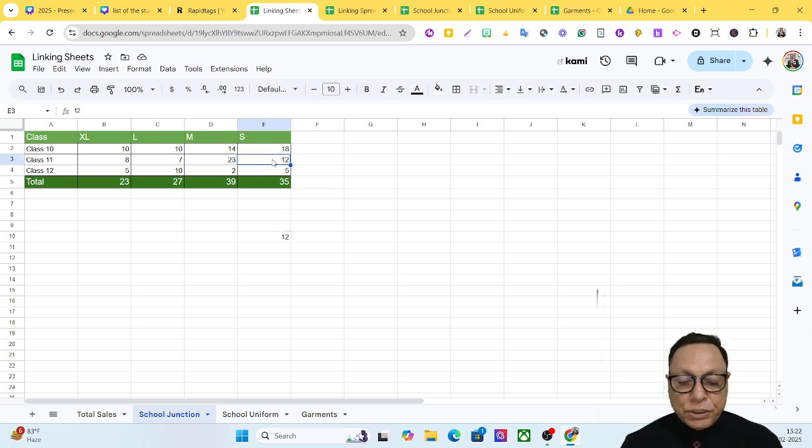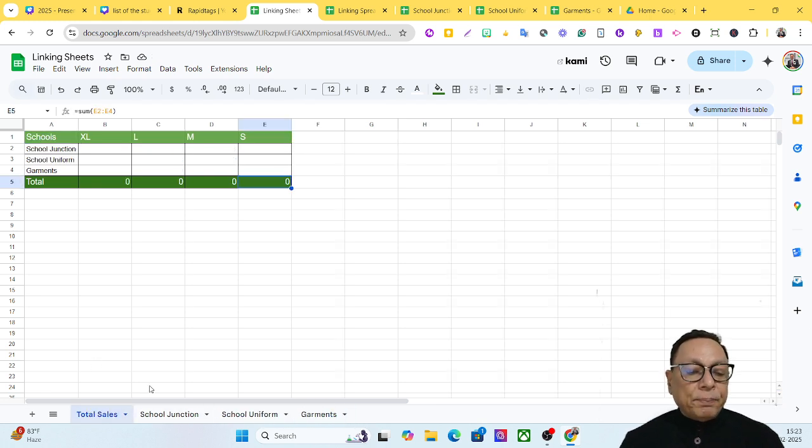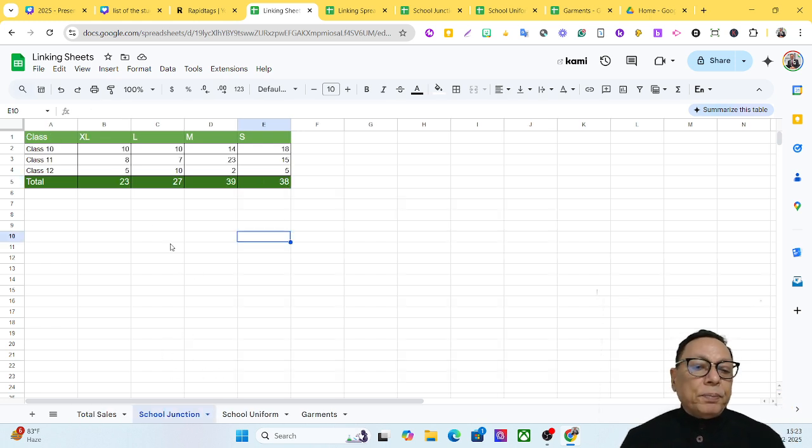So when I make the changes, any change, suppose I say 15 and press enter, this cell gets the value changed. Why? Because these two cells are linked. Similarly, if I take the data from these sheets and I want to summarize the data, so what should I do? I'll take the data from all these sheets, and suppose one more thing, since I want to copy the data from all these three sheets and want